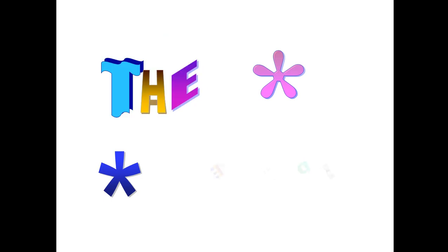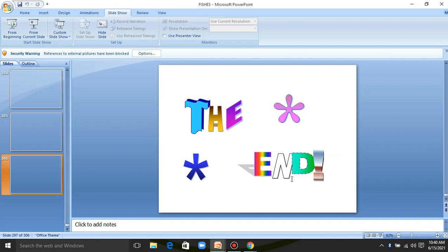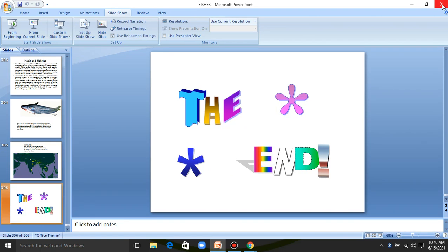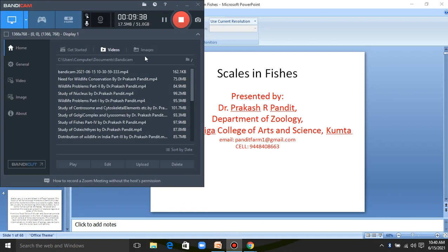So with this we have completed our discussion on the classification of the fishes and examples. If you have any doubt in this, you can clarify before I move to the next topic which has been mentioned in your syllabus. We have discussed both the cartilaginous fishes as well as the bony fishes with a sufficient number of examples, and we have also discussed the general